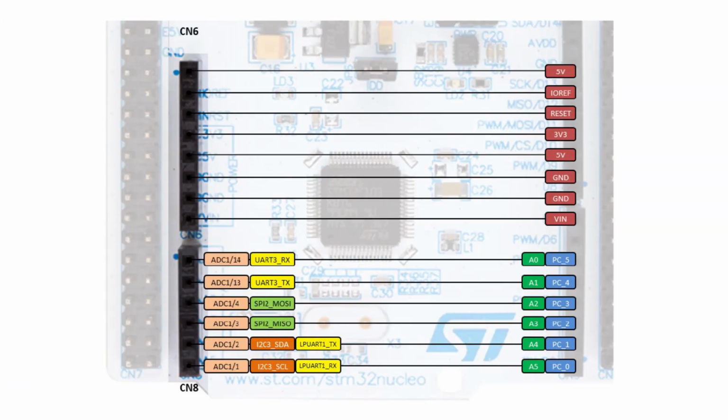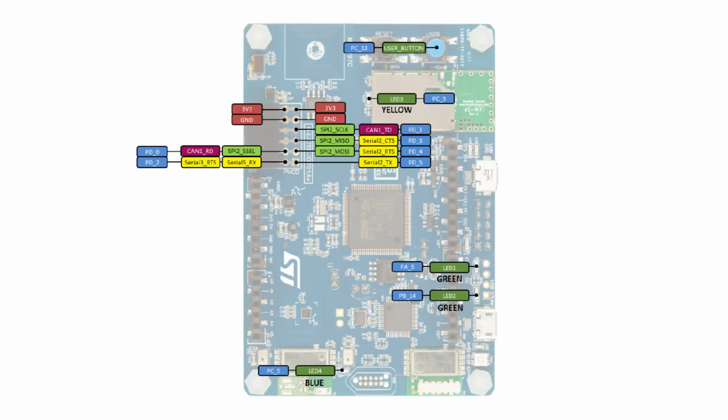Some of these additional functions are grouped together and require taking over a set of pins, such as SPI or I2C. For example, if you want to use one of the SPI buses, for example SPI2, then pins PD1, PD3, PD4 and PD0 need to be reconfigured from GPIOs to the SPI control lines SPI2 SCLK, SPI2 MISO, SPI2 MOSI